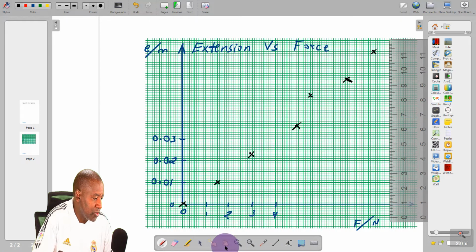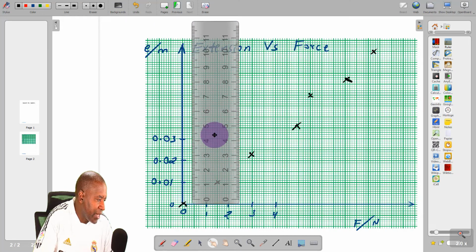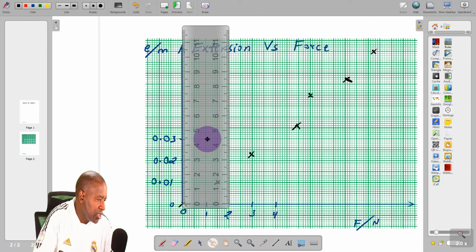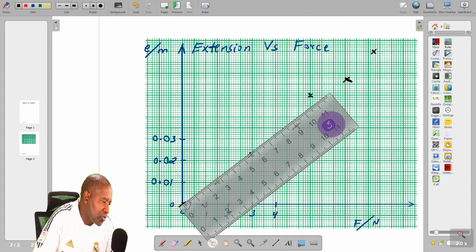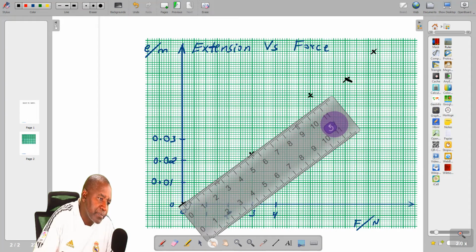So I'll come to this finger, bring it here. I know my graph must pass through the origin, so I put the 0 again as the origin, and you know exactly what I need to do. So I come over here, and until that arrow appears, then I can twist my ruler like that, make it a little bit longer,